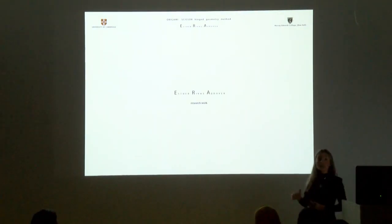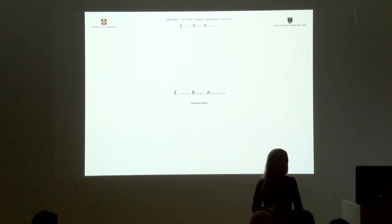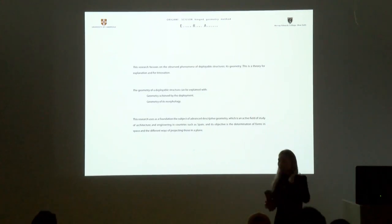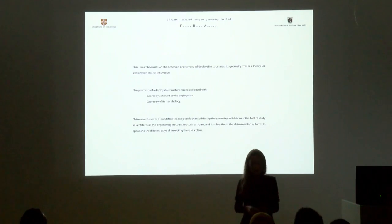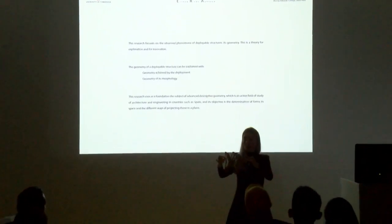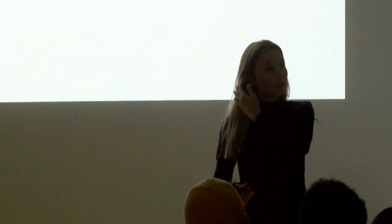Well, so this is now where my research work starts, and I specifically started with scissor hinge deployable structures. At the beginning of my research, I just wanted to understand more. When you look at this, it looks like a fairly complex thing. But I wanted to understand how these structures work, and I'm in the process of developing a theory